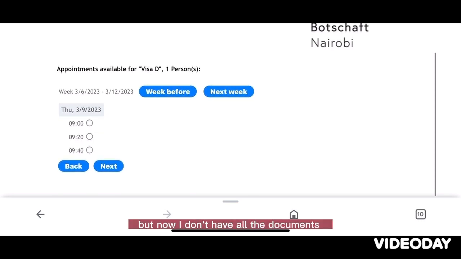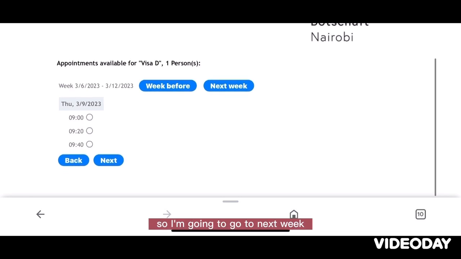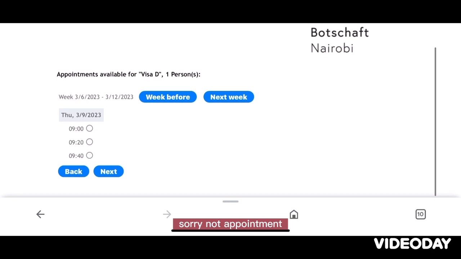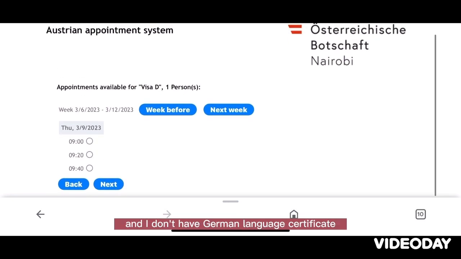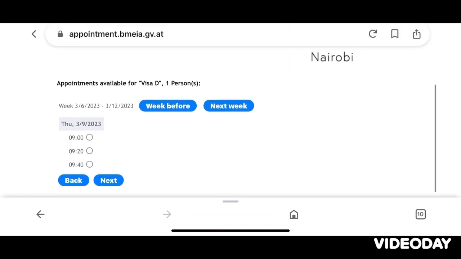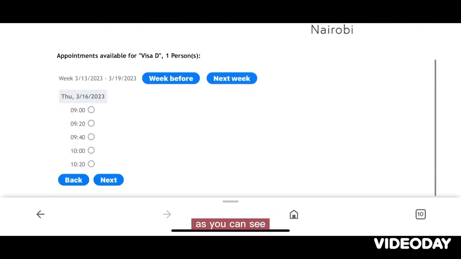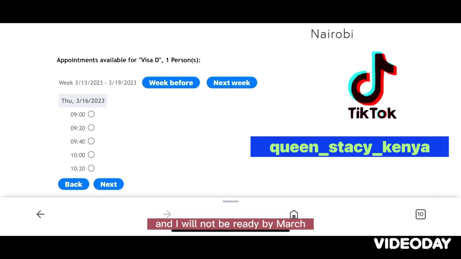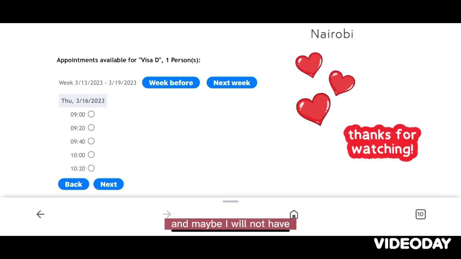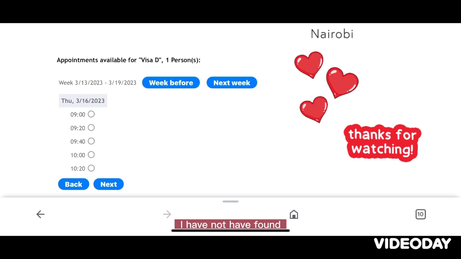But now I don't have an appointment, so I'm going to go to next week. You press next week. Sorry, not appointment, but I don't have papers, and I don't have a German language certificate. Remember, Austrians, they speak German. So I go next. As you can see, it is still in March, and I will not be ready by March to get my German language certificate. And maybe I will not have found